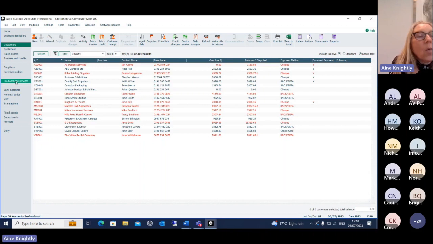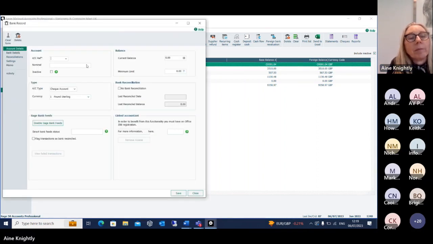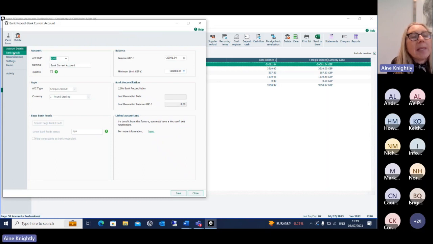So also one of the other things I'd like to, we get a lot of questions in, Howard, from the support team, is the way businesses are moving forward now is in the bank accounts. A lot of customers now want to, like the payroll, generate a file and pay all their suppliers at the end of a month, and they can have that pre-prepared and a date on the file for the bank. So within the banking situation, we've got a bank current account